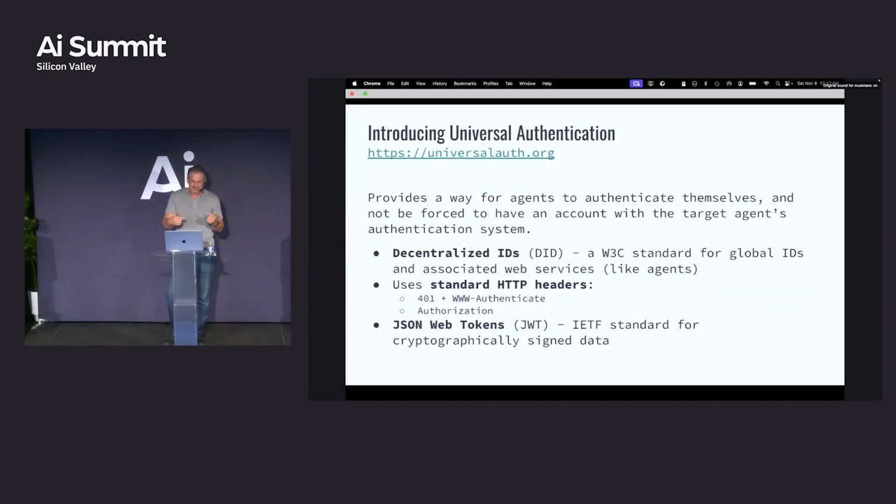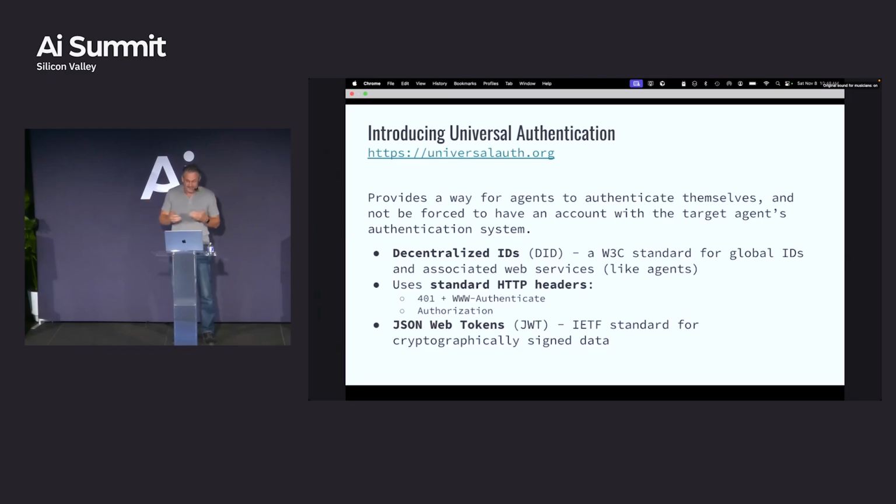So one thing I was playing with is the notion of calling it universal authentication. There's a way for agents to authenticate themselves and not be forced to have an account on the foreign agent system. Like I mentioned earlier, decentralized IDs were a fantastic way. It seems to fit perfectly with this. DIDs resolve to a DID document. It's basically a big JSON document. And in the JSON document, there's a set of services in there, which is neat. The service was designed for something else, but we can co-opt it and, in our minds, flip it to agent. So now a DID can resolve to a DID document, the DID document has a bunch of agents working for you, and I can find an agent to do work for you, which is amazing.